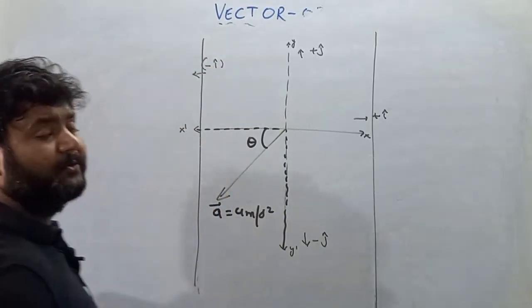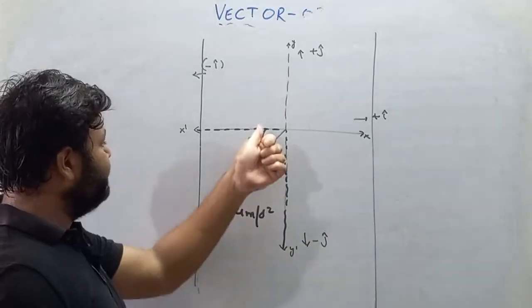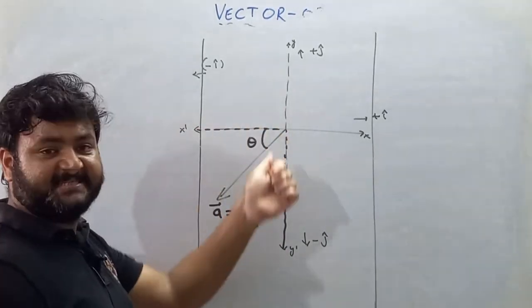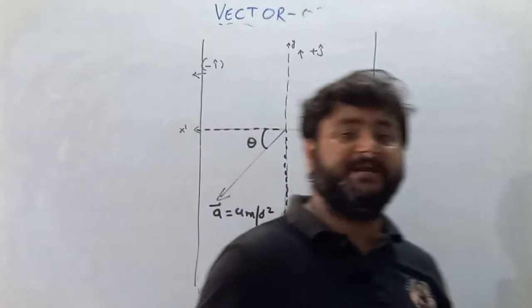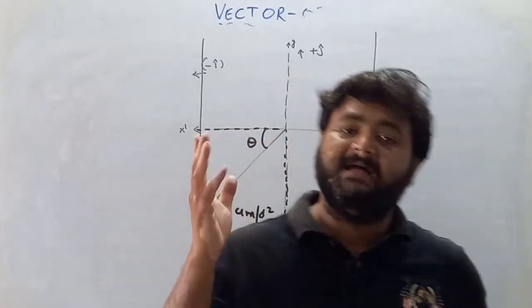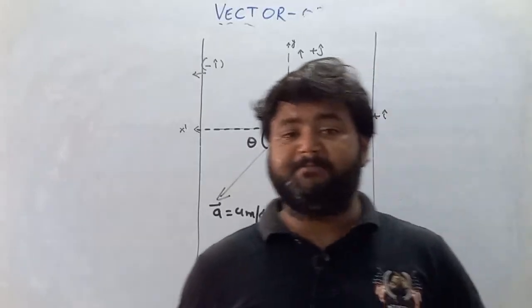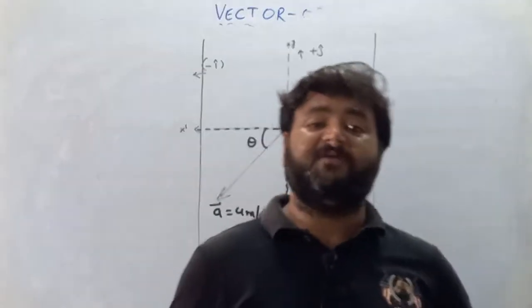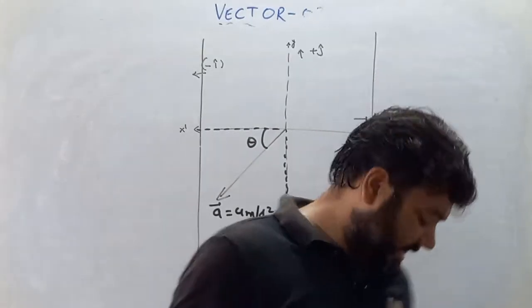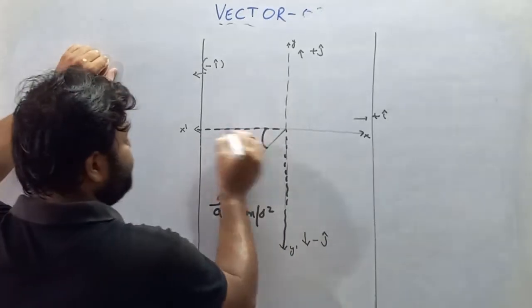I hope now you all are getting my point. So this is a vector quantity and making angle theta with the x-axis. So we'll split the component. We know that the components are two, one is cos theta and the other is sin theta, my dear student. So the cos component must lie along that line from where the vector makes the angle, and perpendicular to that we'll put the sin component.